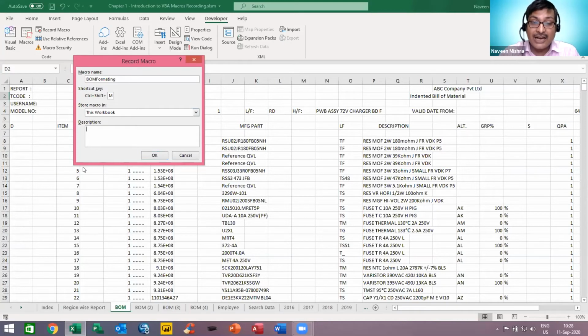In the description, I want to write some description about the macro. So this macro is used for cleaning raw data, blank rows and columns, right?